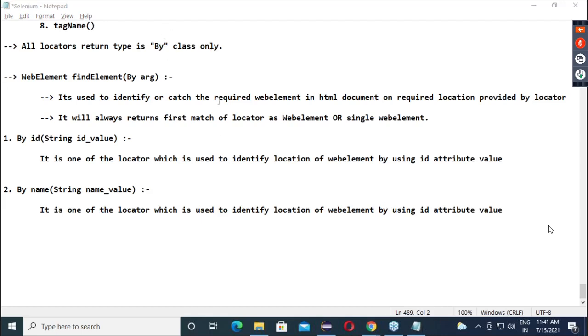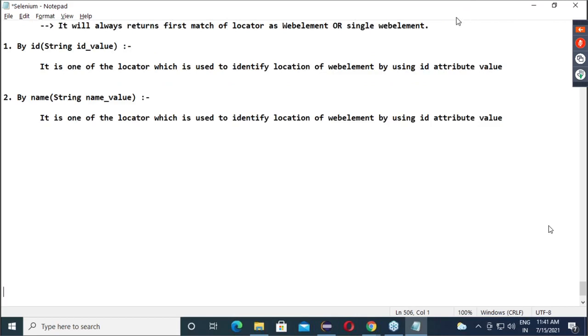Okay, fine. So now guys, let me just change it, using the name attribute value. So guys, two locators we have done.